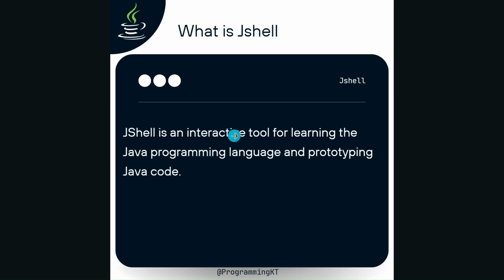Interactive tool means if you are a beginner to the Java programming language, instead of starting with an IDE or any text editor, JShell is recommended. Why? Because there is no need to write any file or class, write a main method, compile and run. These steps will be reduced. Directly you can open the JShell prompt and play with it. You can declare variables, classes, methods, lambda expressions, everything, by using JShell without opening any file